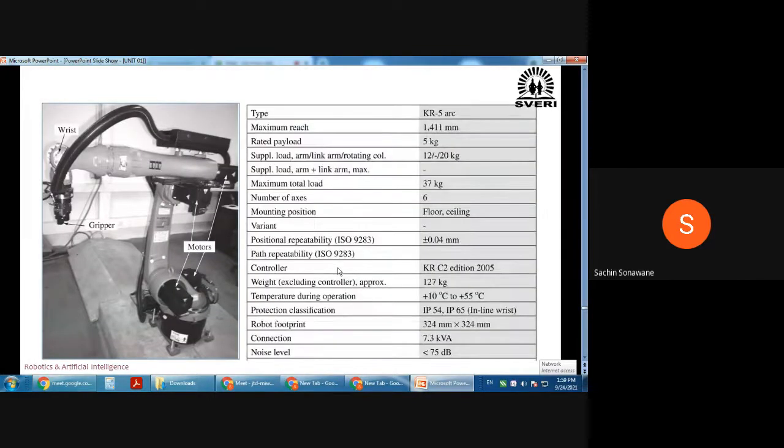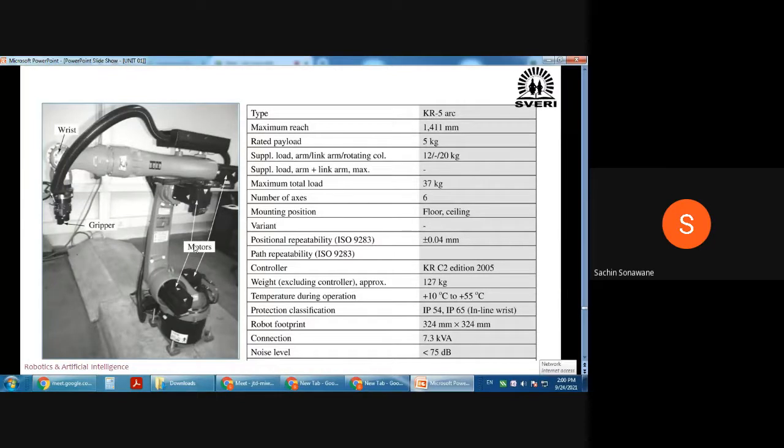Now we'll see these robot specifications. Afterwards we'll visit that website. See that this is the robot manufactured by the Kuka company, KUKA. That name is written on this robot arm. This is the wrist, this is the gripper, same as that of our hand. Our hand also has a wrist, and it also has fingers. Finger is nothing but gripper. Always remember, another word for the finger is gripper or end effector.